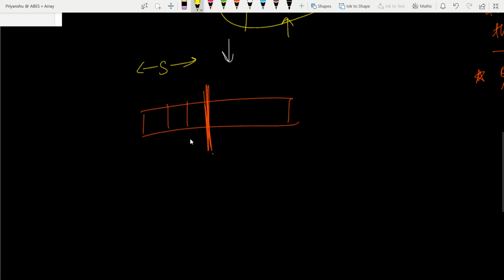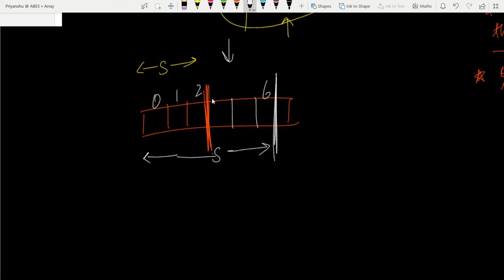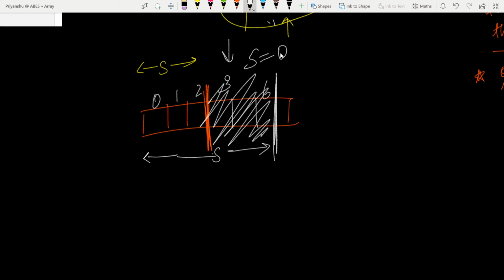Okay, and the sum of the array elements till this particular point, let's suppose this is at index 2 and this is at index 6. So the sum of the array elements till position 2 is S and till position 6 is also S. That means that the sum of the array elements between the third to sixth index is equal to 0, because